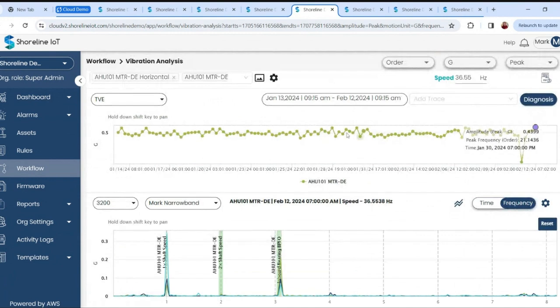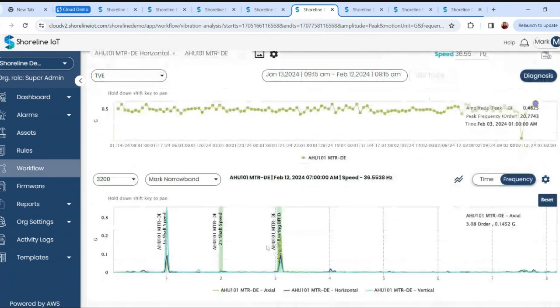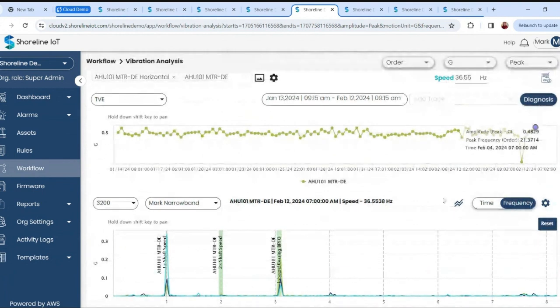And you can browse any of these points in time. Any point that's filled in is a point that has information behind it. So you can click on any of these to view the historical view. Now, if you want to look at a trend, like there's some emerging trend that you have with your machine,